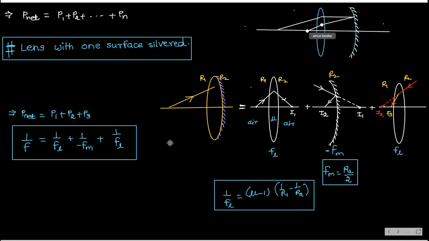Something like this. Okay, so this is what the ray actually does, whatever I have shown, these three things, and here it is the object, and the final image you are getting somewhere here. This is the complete ray which I have shown here. This is the result of this. Is it clear? This is lens and this is mirror. M for mirror. Okay, understood. Any doubt you can ask.